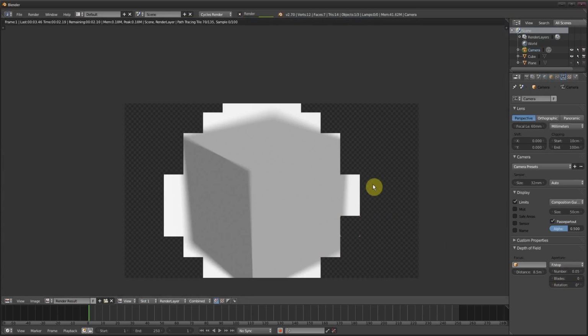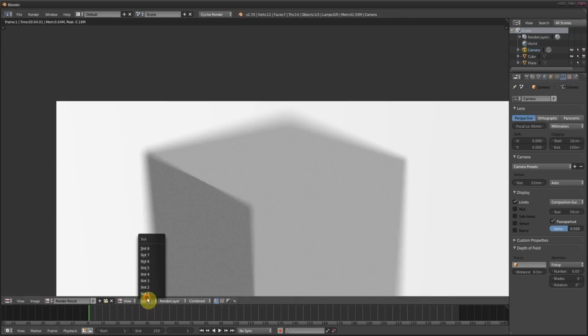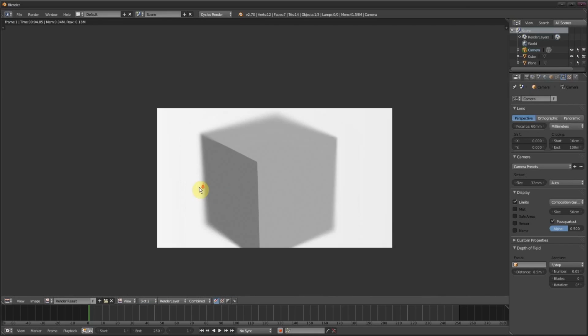Just to get a similar amount of blur. And go back to slot 2. The noise levels don't seem to be very different. I think it'd really depend. This isn't a very good test, but it'd really depend on the kind of scene that you've got set